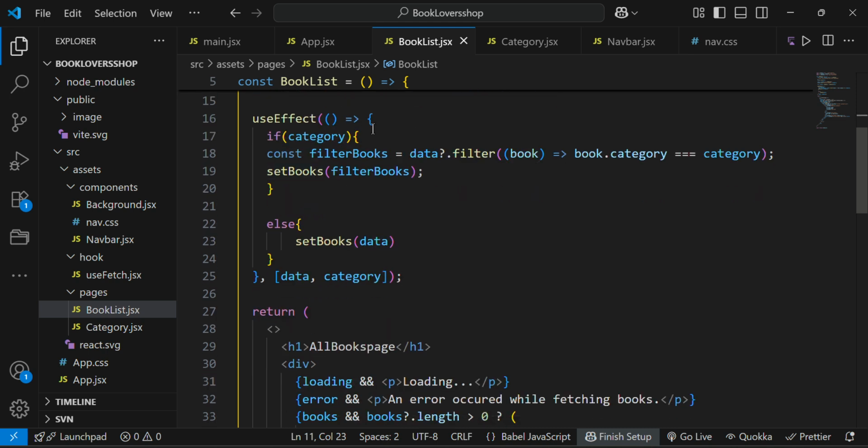Then I have used this condition on this variable here, filterBooks, which is filtering books.